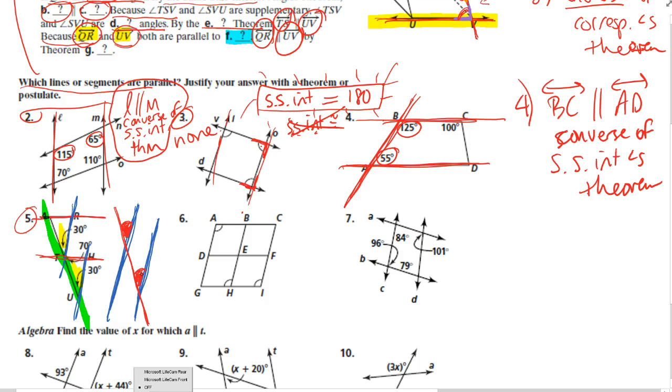Great. Now, do corresponding angles have to be congruent, or do they have to add up to 180? That's right. They have to be congruent. So, are my corresponding angles congruent? Yep. Their measures are equal, so they must be congruent. That means that this line here with this line here, those are my parallel lines. So you would write for number 5, line RT, which is right here, is parallel to line HU